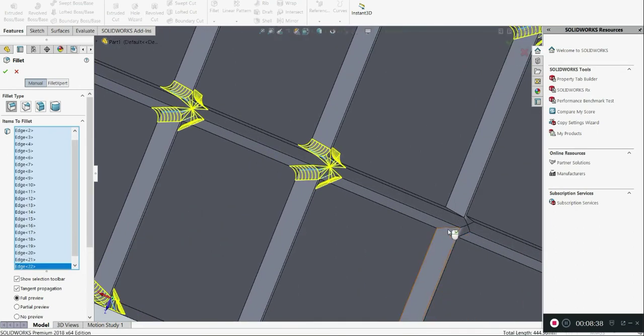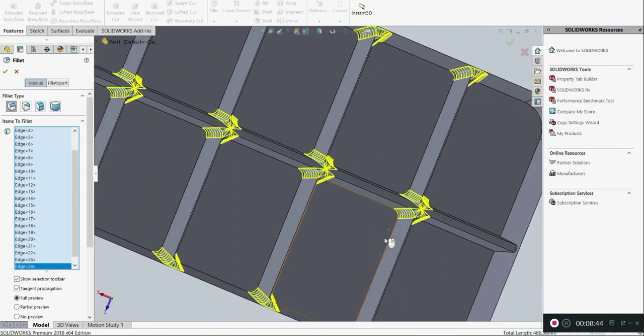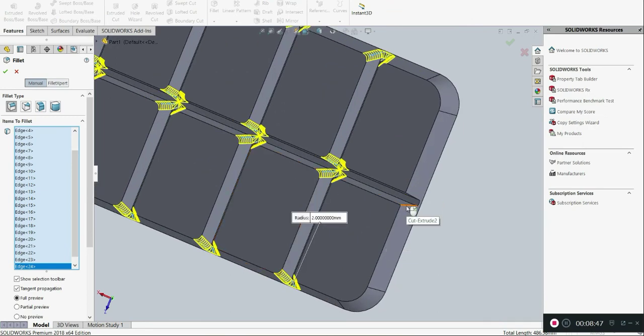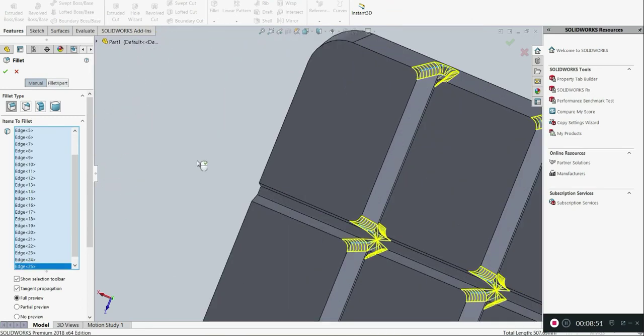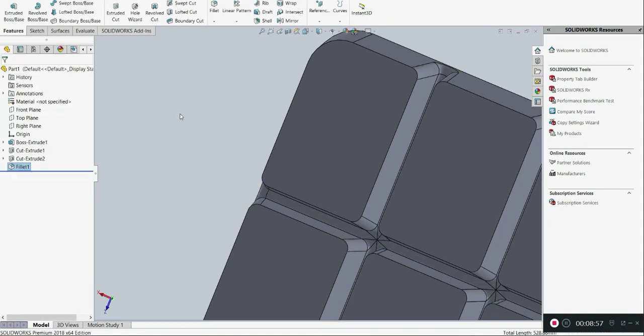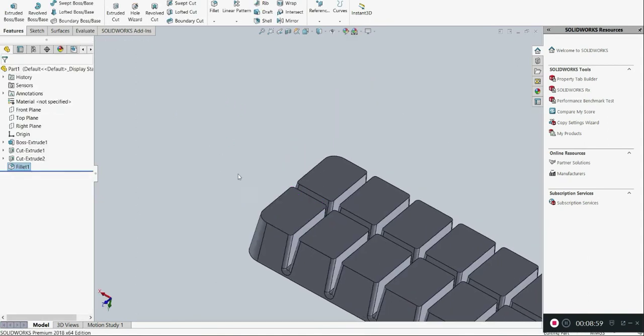Because of tangency, if we select this edge, it will automatically select the opposite corner edge. Again I will select this edge also and this edge also, and I will select the accept button. And then we need to create fillets on the bottom edge.